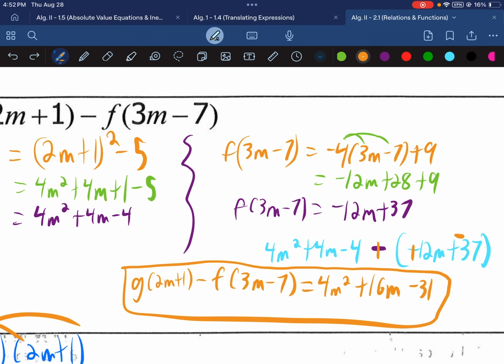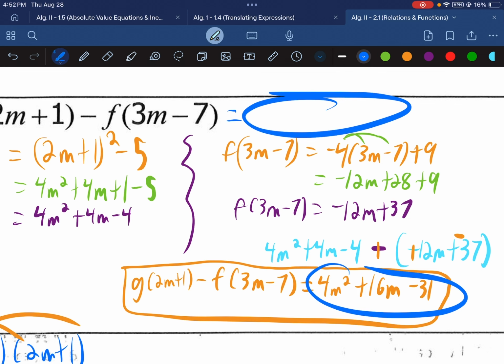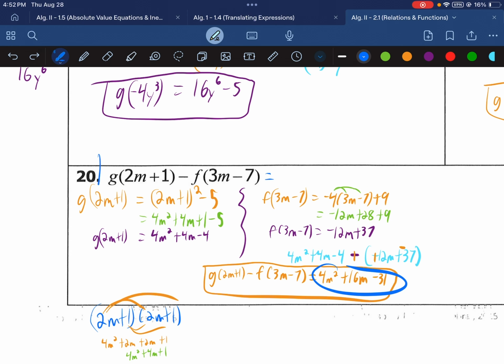I'll use a different color. You could rewrite this up here and box this as your answer as well. And that is it for section